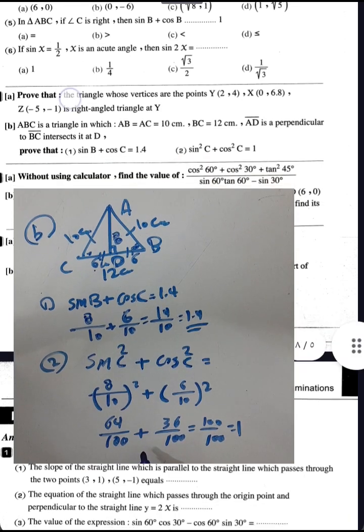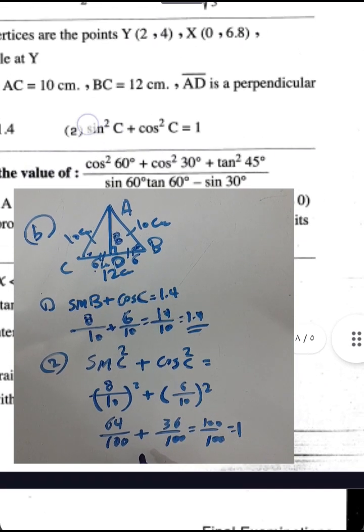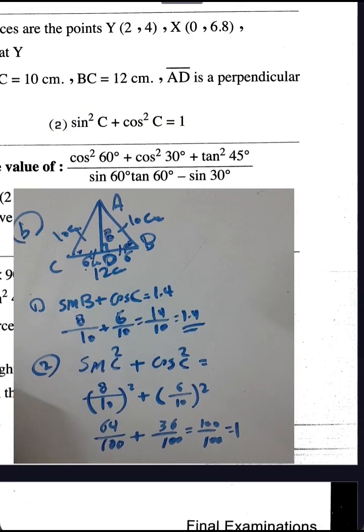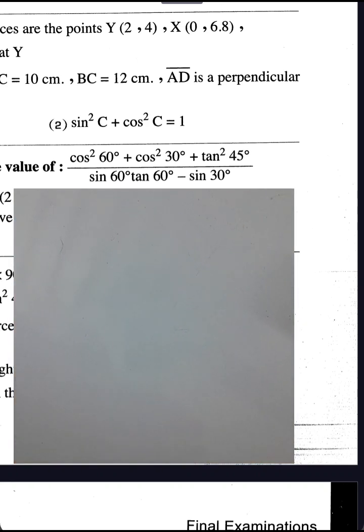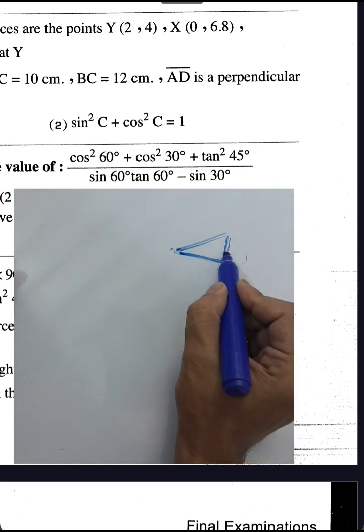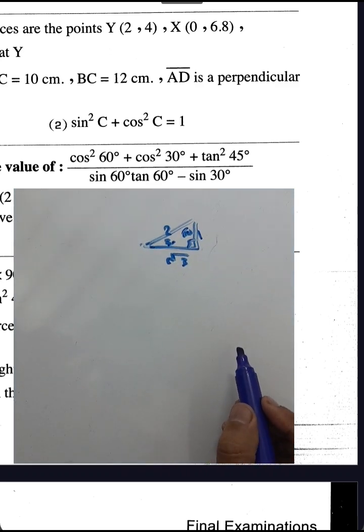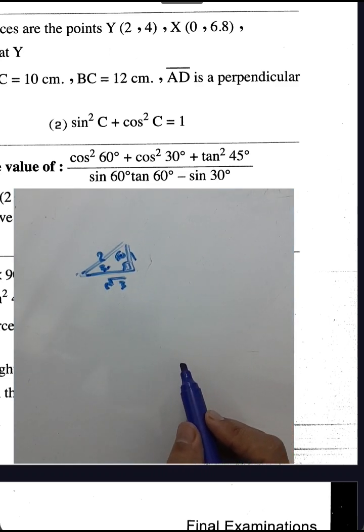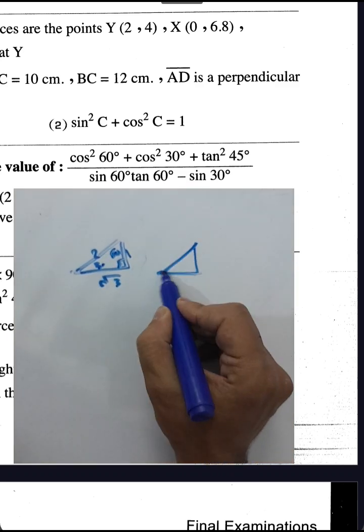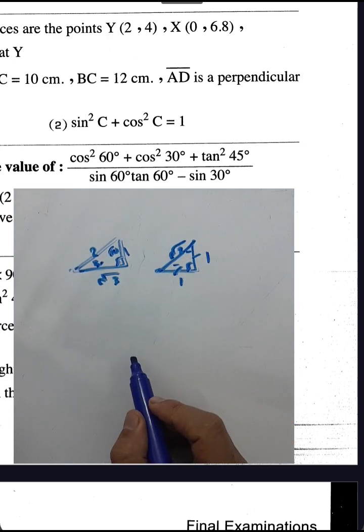Okay, without using calculator, find the value. Okay, we can solve this by drawing a triangle, right angle triangle. Draw right angle triangle. 30 and 60, 1 and 2 and root 3. And isosceles 45, 45, 1 and 1 and root 2. And then you can write